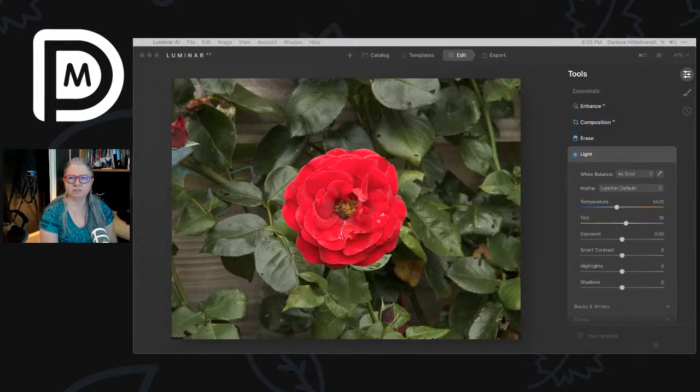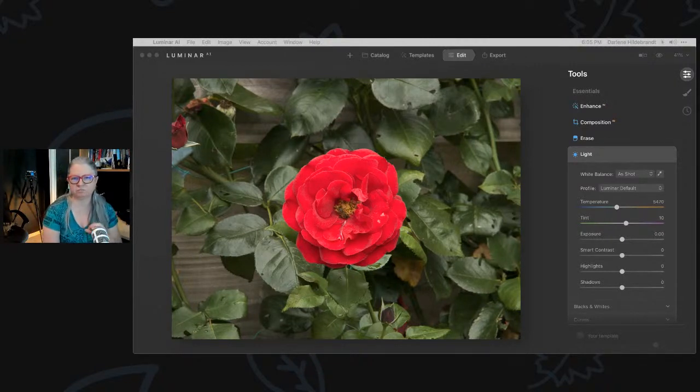So there's a few things there. I would say the biggest, not issue, but the biggest reason that this image may not look as you expect it is because it's red. Okay, now on my screen it looks really, really vibrant, and I'm in here in the light panel in Luminar,